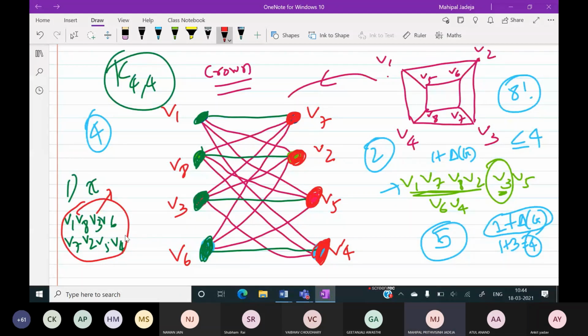The next question is, so 2 is done. How about 3? Is there any ordering for which the answer is 3? And then 5. What will happen if you consider an ordering like this: V1, V7, V8, V2, V3, V5, V6, V4? So I think it is optimal. Maybe so. It will always give 2.